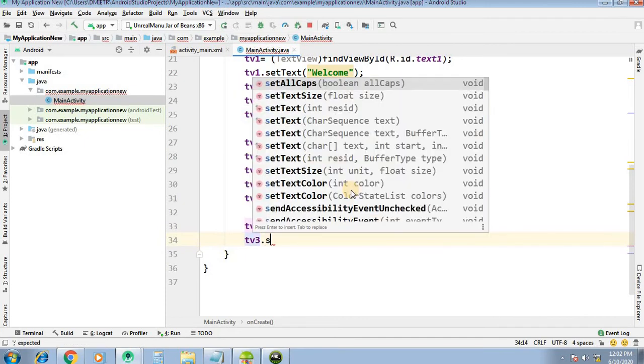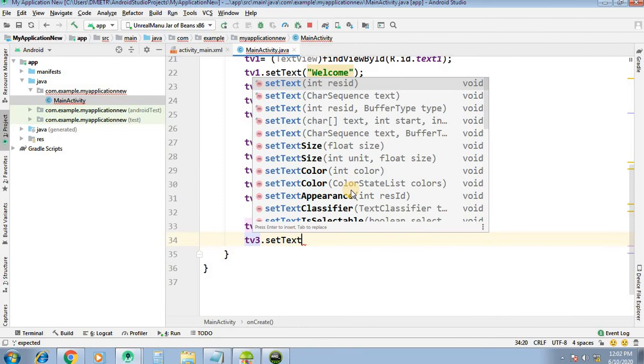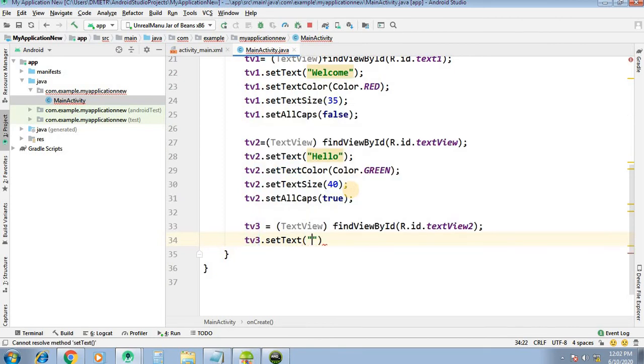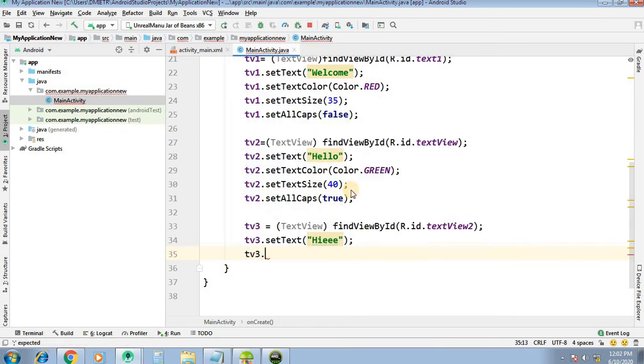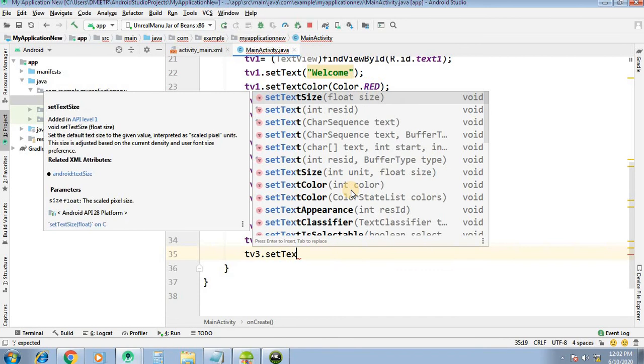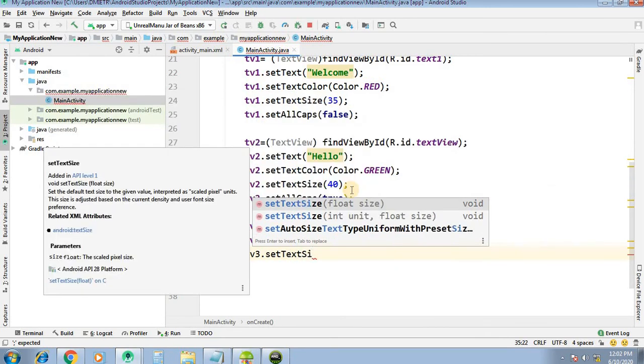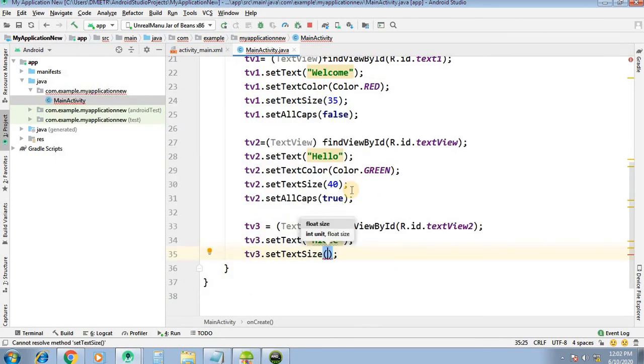tv3.setText, we will set the text to hi. Then tv3.setTextSize, we will set it to 30.